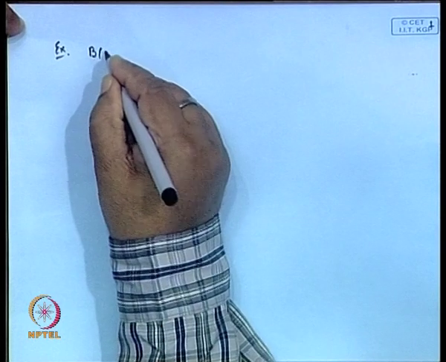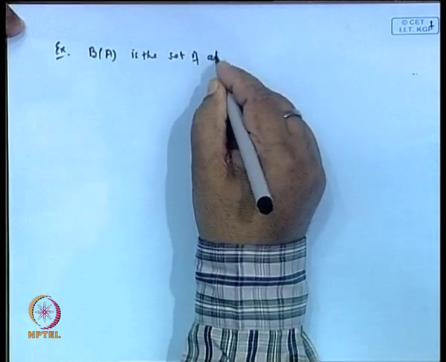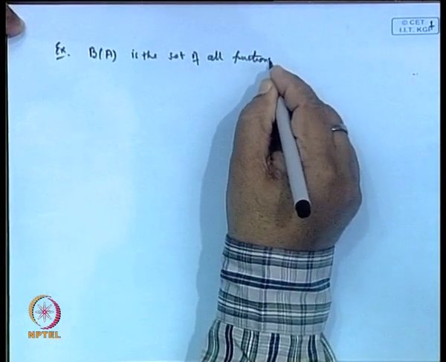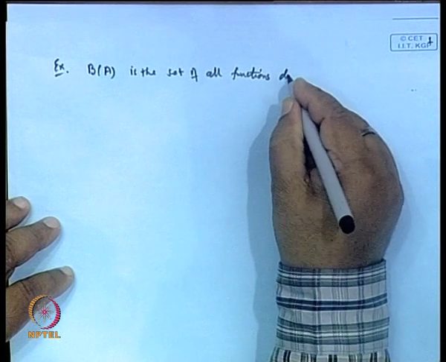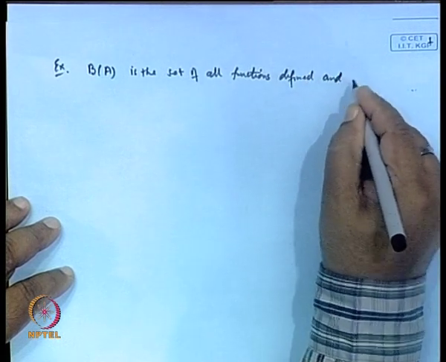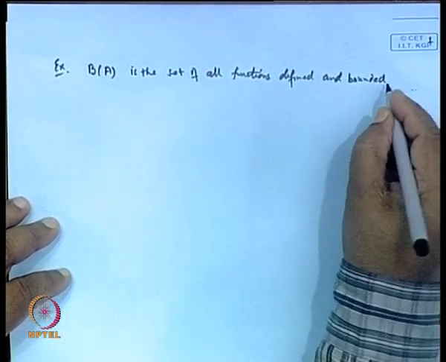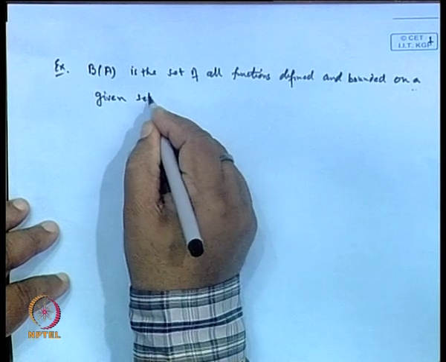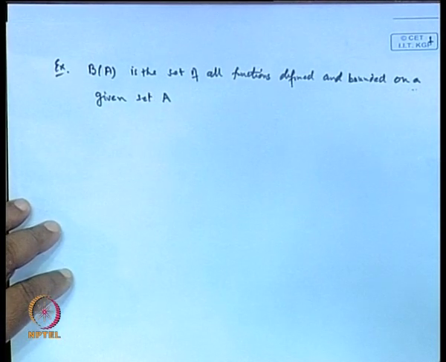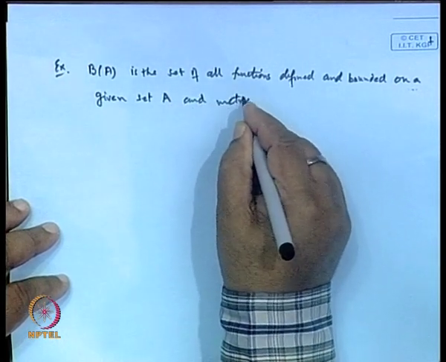Bounded functions, we denote by B of A, is the set of all functions defined and bounded on a given set A, and the metric we define